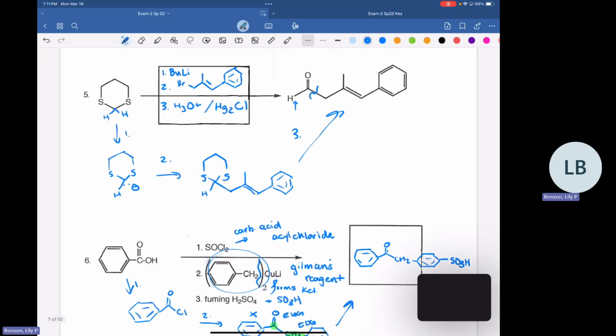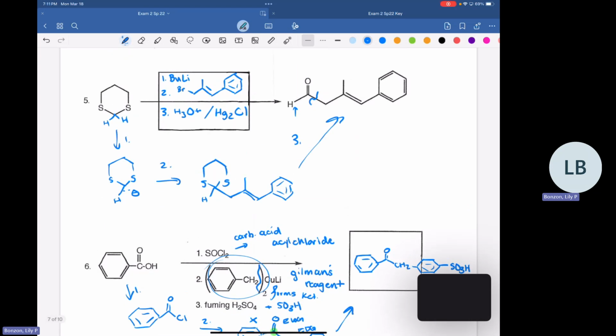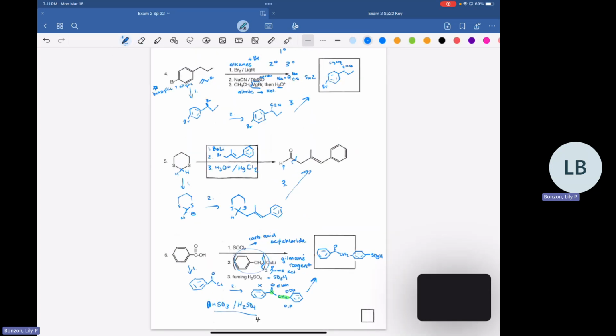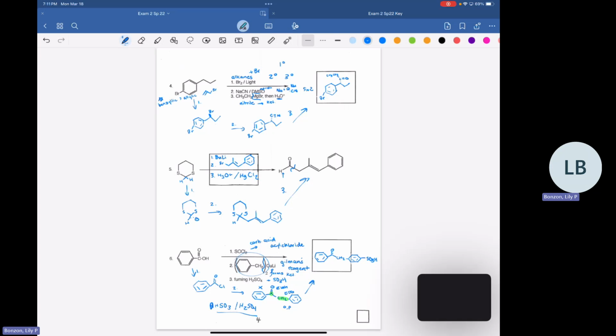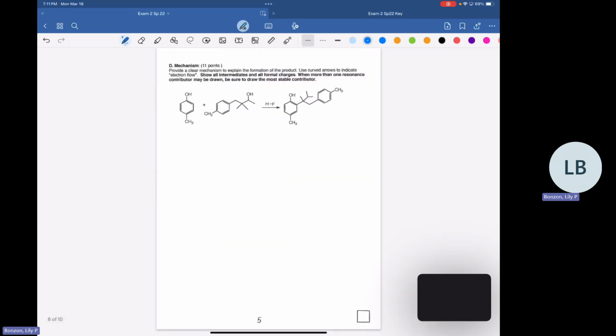I knew it. See, we talked about this the other day. Yeah. Okay. Honestly, if you put Hg2Cl, they probably wouldn't care. They'd know what you're talking about. But yeah. Okay. I'm gonna go ahead and get moving on just so we can get out of here. If you have any questions at the end, you can always come up.